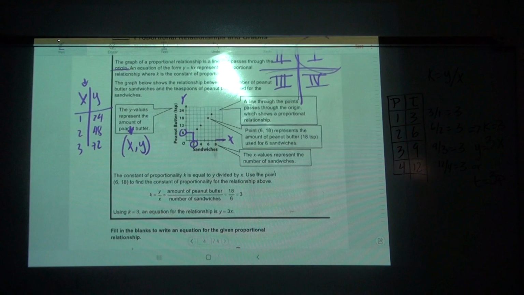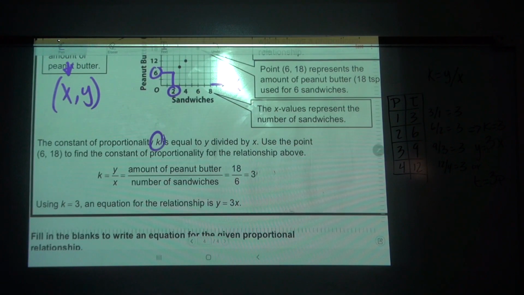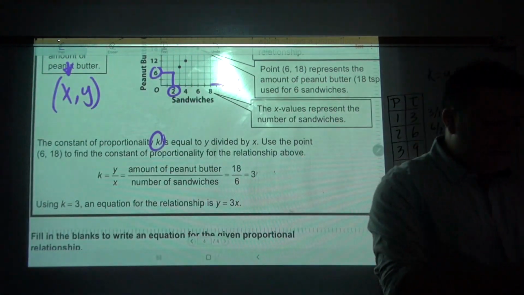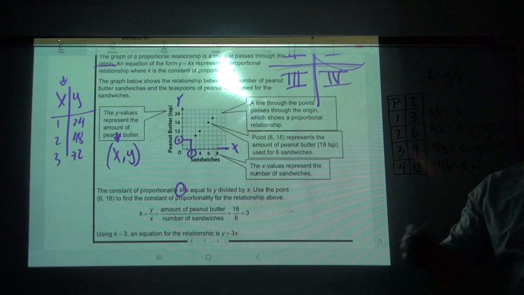So now, look at this right here. The constant of proportionality, K. Y'all remember this letter from yesterday? Yes. K. I was not here yesterday. Okay? We've been talking about it since 2-3 days ago. Okay. So,